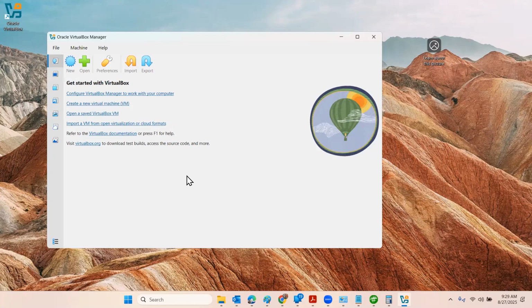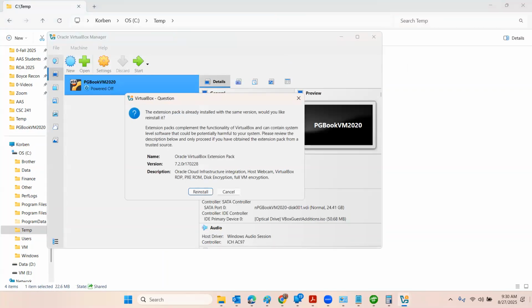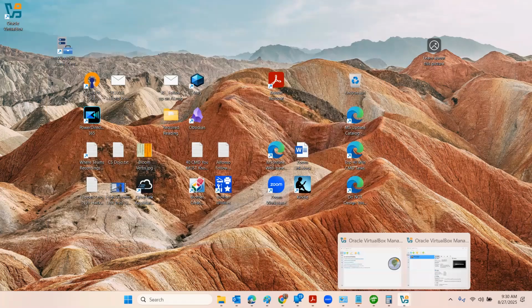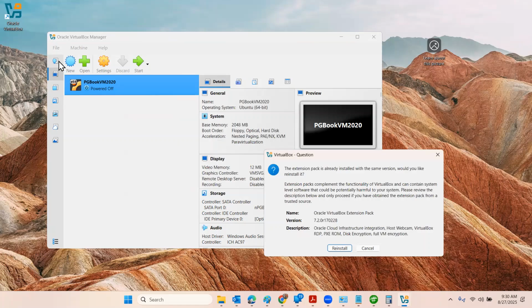Now, sometimes the extension pack loads and it just closes. And so if you're sitting here on this screen and you don't have the extension pack installed successfully window, a neat way to prompt that you've installed it correctly is to simply double click on the extension pack and it'll throw this in there. Okay,